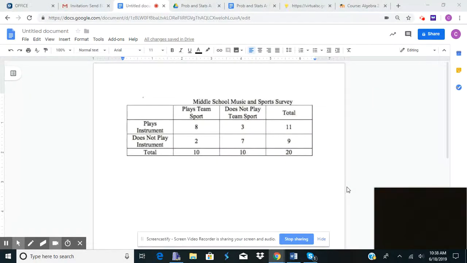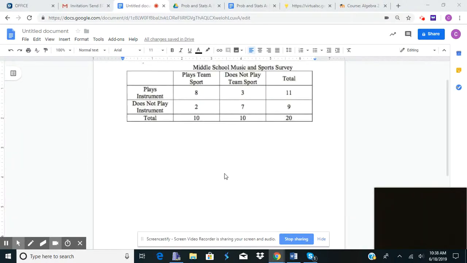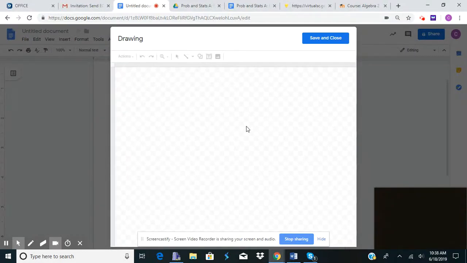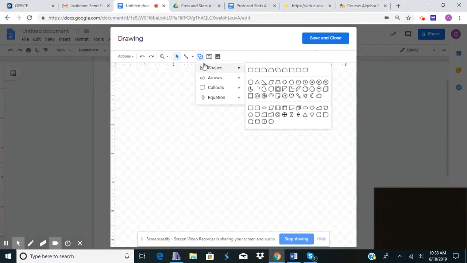Hello, I wanted to show you how you can make a Venn diagram. Google Sheets is probably the easiest place that you will find to do this. You are going to insert a drawing and a new drawing, and then this drawing board is going to come up. We know that Venn diagrams are circles, so you're going to choose the circle button here, but under Shapes,